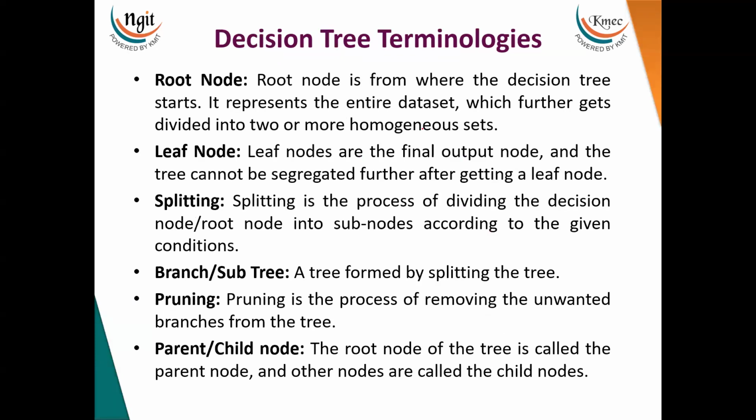And coming to the terminologies, every algorithm in machine learning is going to have its own terminologies. So coming to decision trees, these are some of the terminologies. One is the root node, that is where the decision tree starts, and it represents the entire data set. The next one is the leaf node. Leaf nodes are the final output nodes. And once we reach a leaf node, it cannot be further divided. Then